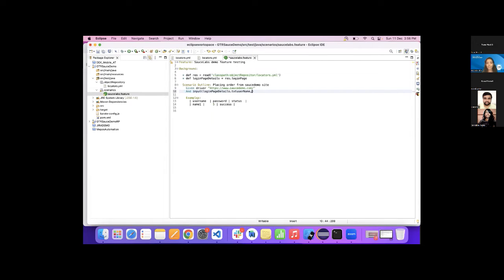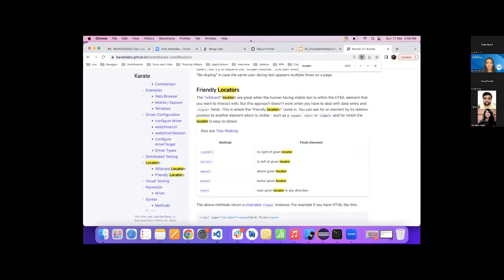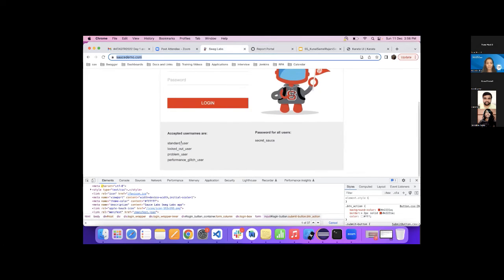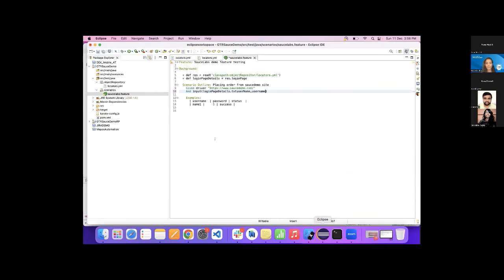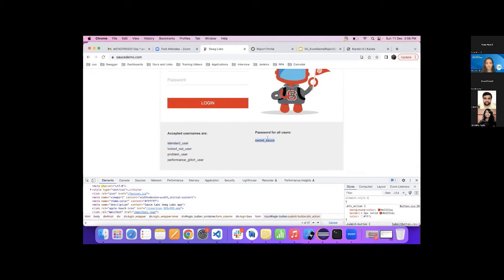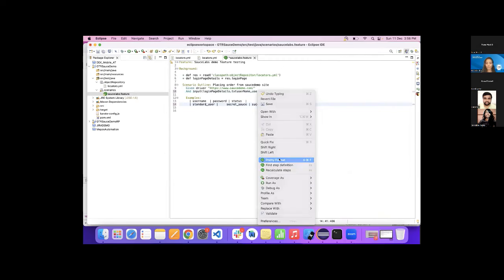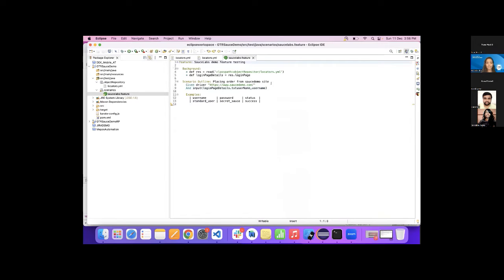And under the username field, the test data that we need to pass can be picked from here. So let's enter the user credentials. We would be passing it from the example section. Let's do a pretty format so it appears clean to us.